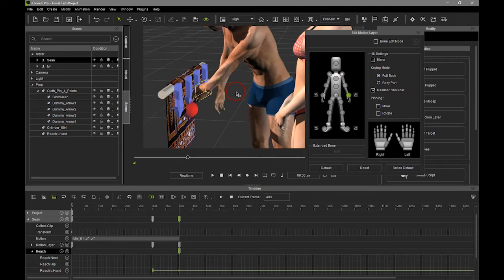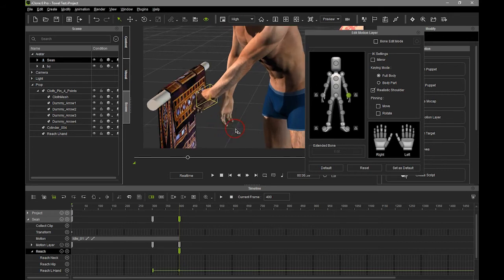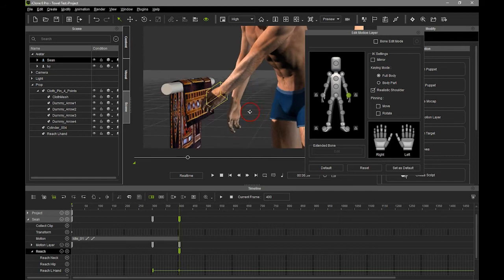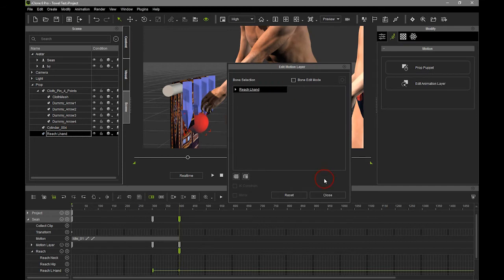Just going to zoom in a bit, just so we can see where the cloth is. Now, he's reaching for the red ball, so I'm going to just do a Control D. And really what I'm after here is to see where his hand is going to, because obviously if he's going to reach for the red ball, that's what's controlling how far he's coming forward. So let's Control D again. I'm going to select the reach hand object,